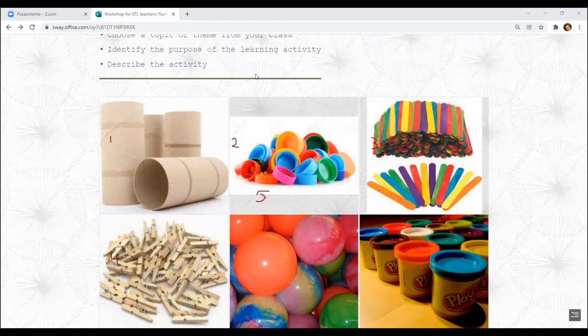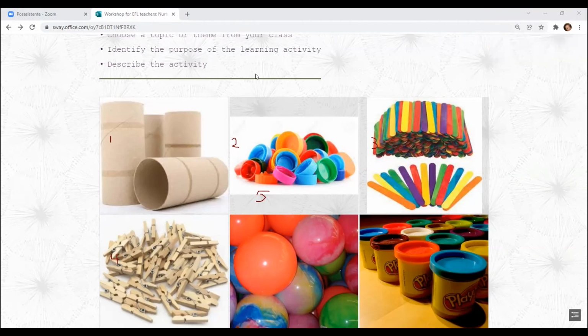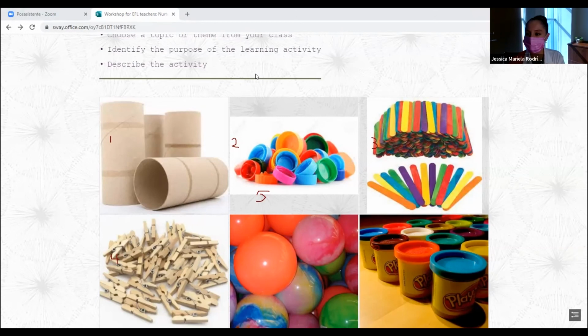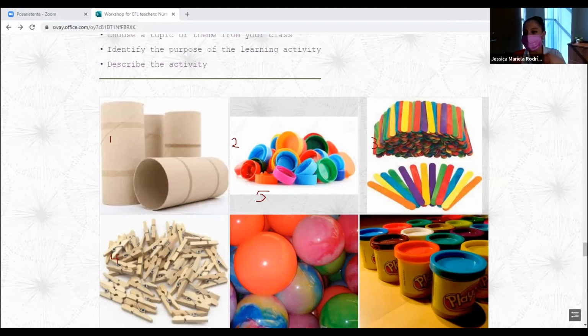I love your activity. Thank you for sharing. Thank you for working. Thank you for participating. I really appreciate it. Do we have any other team? Did you like this activity about increasing vocabulary through the use of these bottle caps? It's a good idea. Nice idea. Who else? Teacher Jessie, in my team, no, Nancy, I am Nancy. But Nancy and then Caro, because Caro also showed a hand.